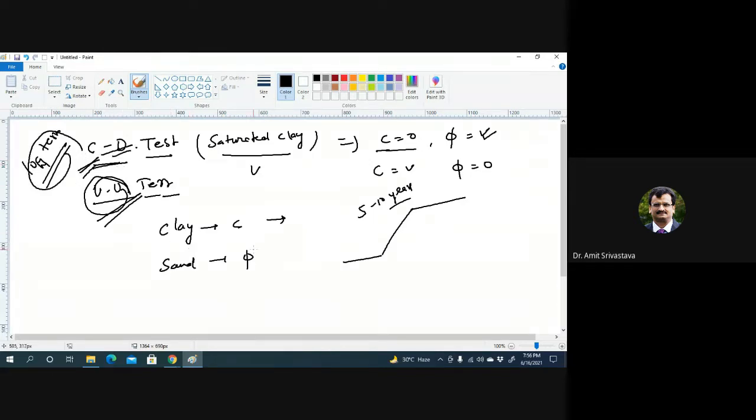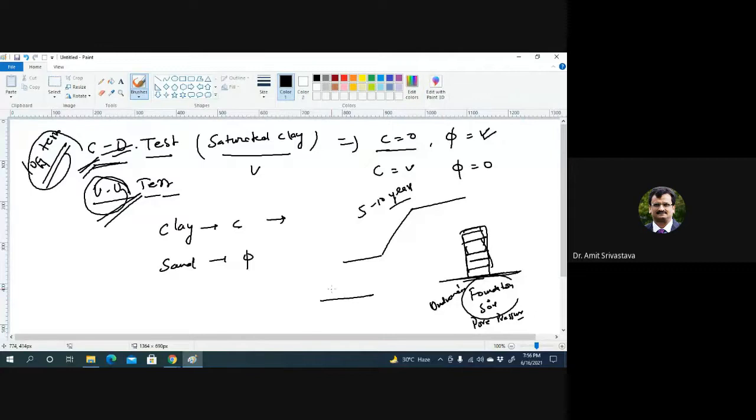For short term stability, suppose you are doing a construction at a very fast pace, and you find that the foundation soil that exists in the ground is going to face an undrained condition, because the way you are doing the construction is so fast that the pore water pressure which is developed in the foundation is not having enough time to dissipate.